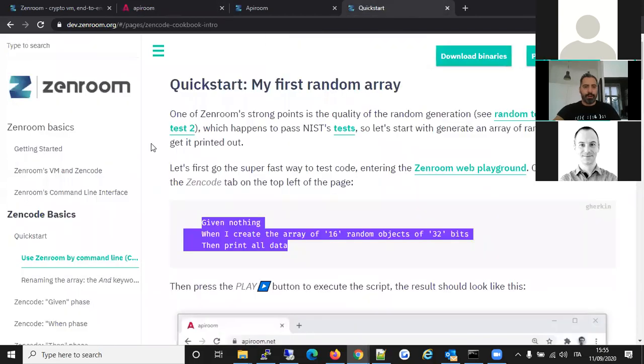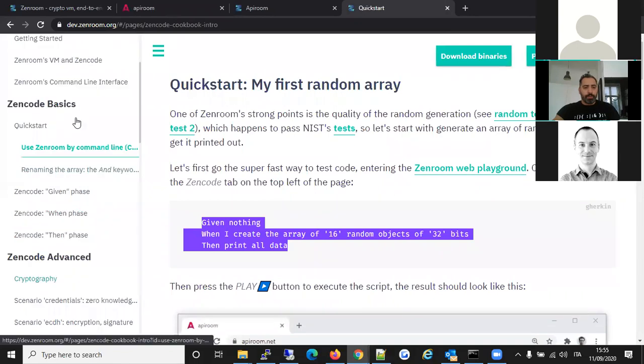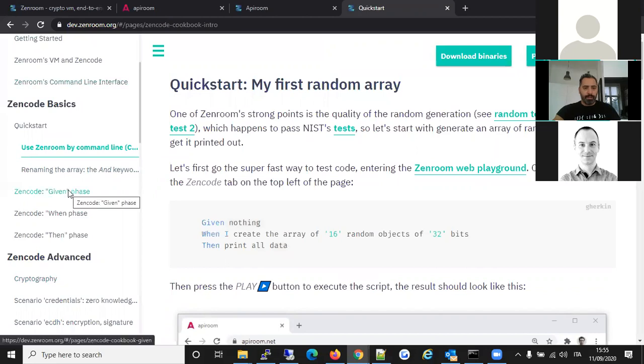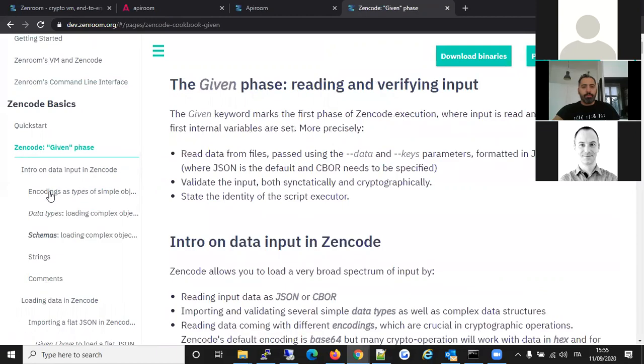Let's go back to look at the documentation. The documentation again is dev.zenroom.org. First, we have the design code basics. In the given phase, the given phase is about reading and verifying input. So whenever you pass something to Zenroom, you have to pass it in the given phase. The given phase is a read-only